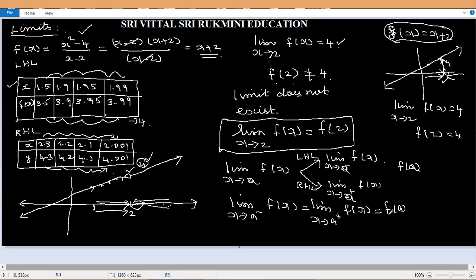So, whether the limit exists or not, we must know. Based on that only, we can say whether the given function is continuous or not. The first point you have learned is, if you come across limit x tends to a of f of x equal to something, 5 or 10 or minus 10, what do you understand? As the value of x approaches a particular value, for example 2, the value of y approaches 4. That is the meaning. So whenever you read this, you must have this in your mind. Let us move to continuity further.